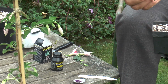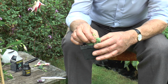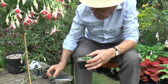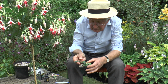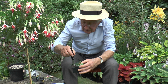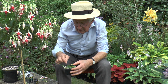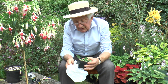And then I've got a seed and cutting compost here with a bit of extra perlite, and that's just pushed gently into the compost. I would probably put between 6 and 9, just depends on the size, and if it's a very tender cutting, then I would just ease a hole in here first so that I don't damage it. So you can see that that would comfortably take 6,